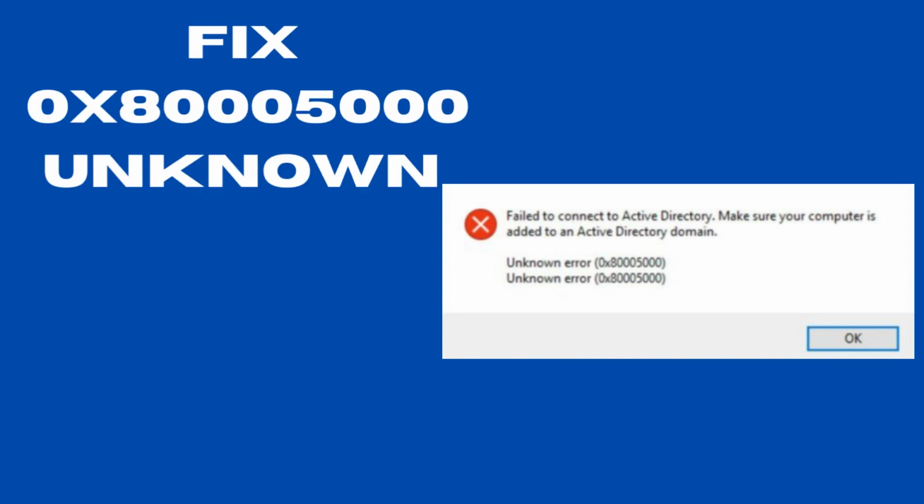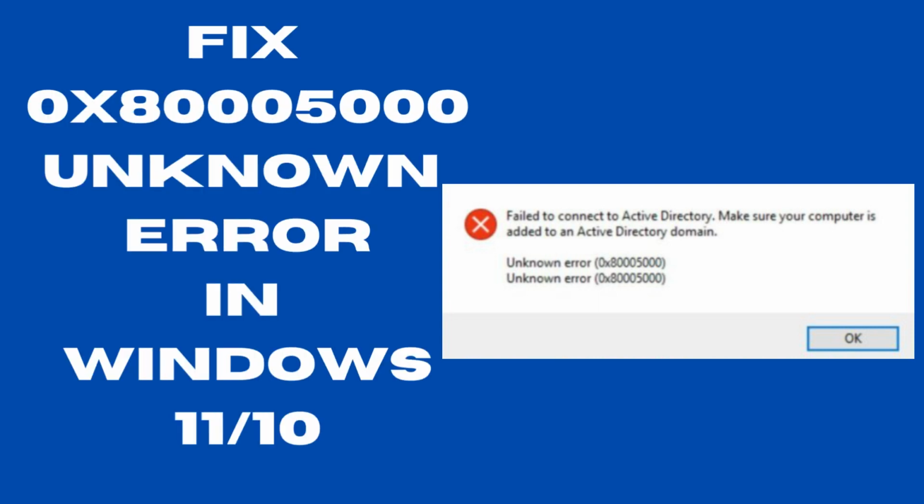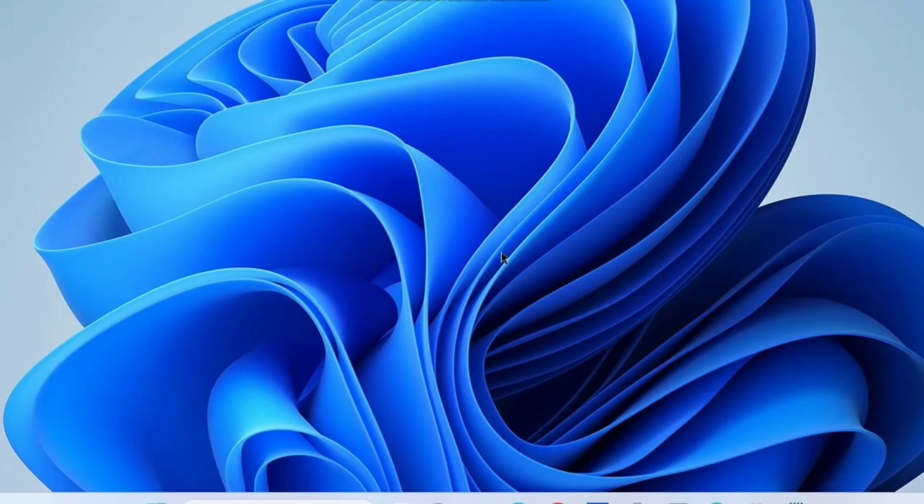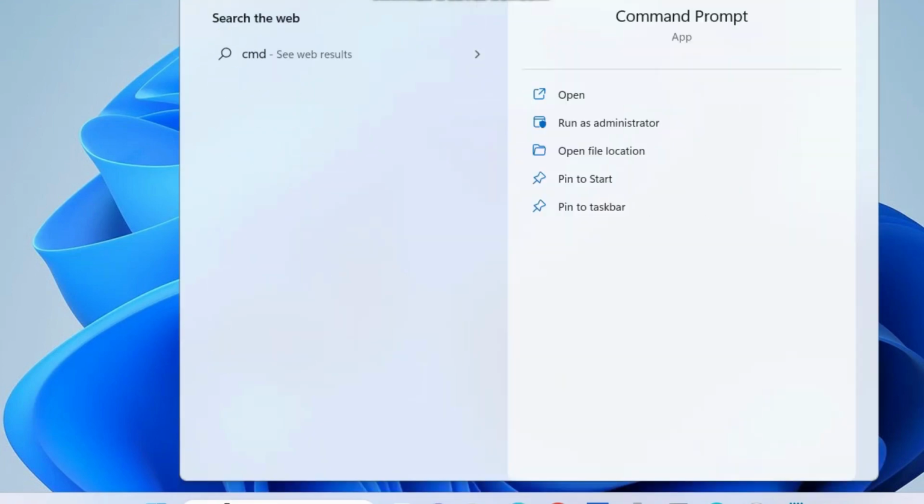How to fix 0x80005000 unknown error in Windows 11 and Windows 10. This error pertains to Active Directory error in Windows 11 and Windows 10. And to fix this unknown error in Windows 11 and 10, go to Windows search, type cmd